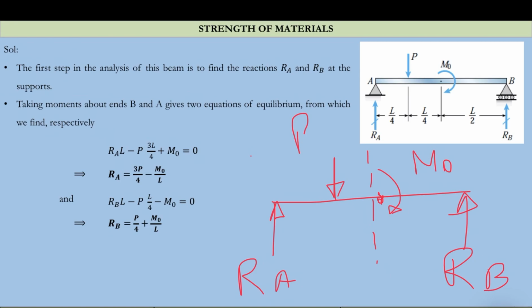If you take just left of this midpoint, you will get the same result from the left. Either you calculate it from the left or from the right, you will get the same shear force and bending moment, because the beam everywhere is in equilibrium. So whether you take the point from left or right, it will give you the same result. Okay, so check this reaction.